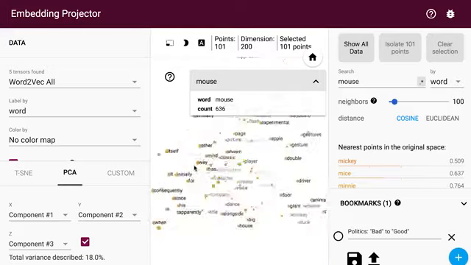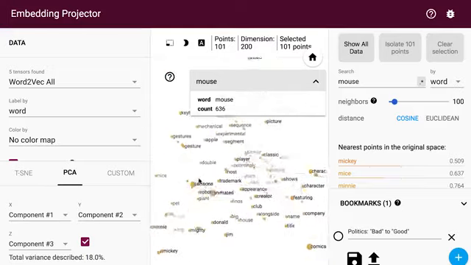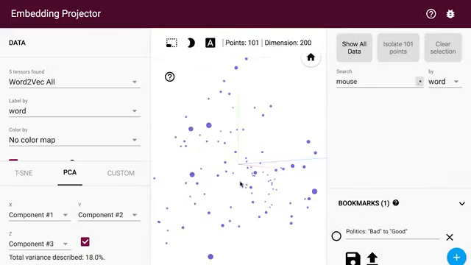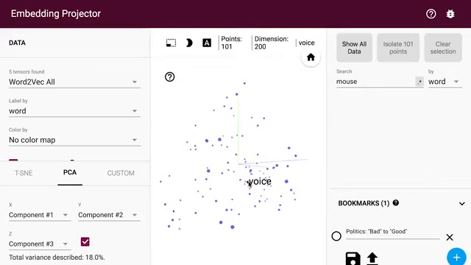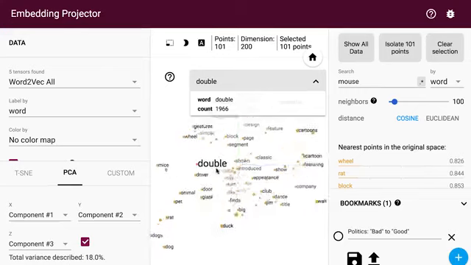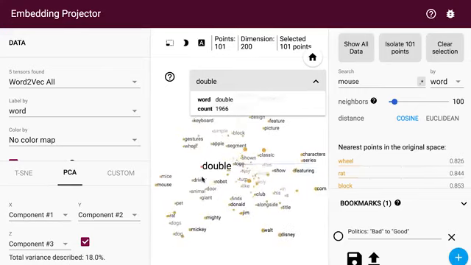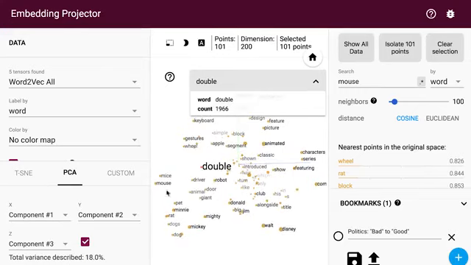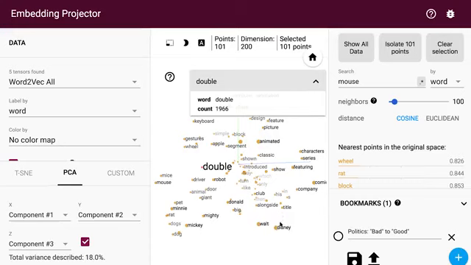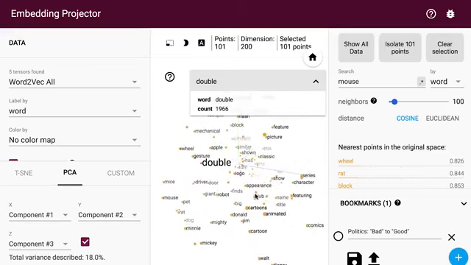I find it helpful to rotate the space and to zoom and pan a little bit. In this case, it seems like we have one region over here that corresponds to characters and animals. And notice Walt Disney, Mickey, Mighty, Rat, and Dogs. And then at the top, we have another region that seems related to hardware.